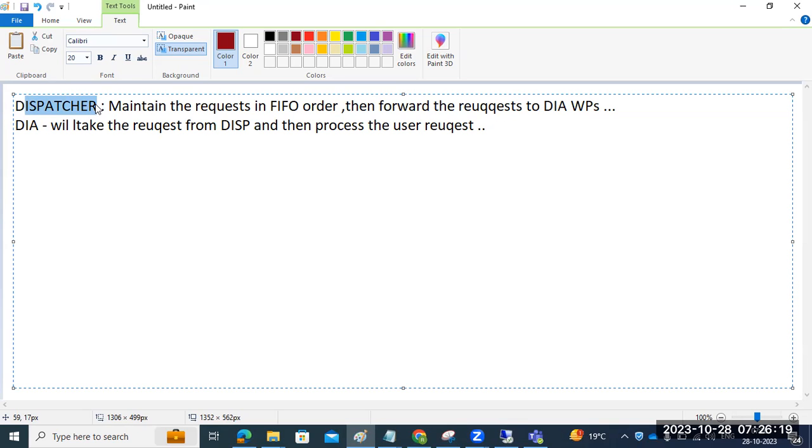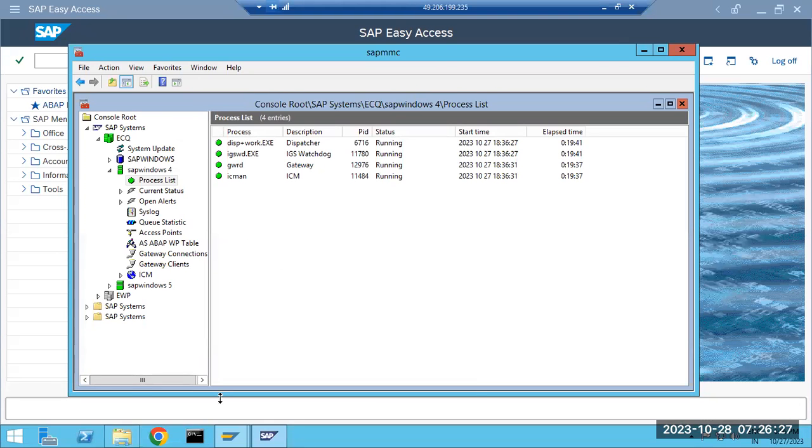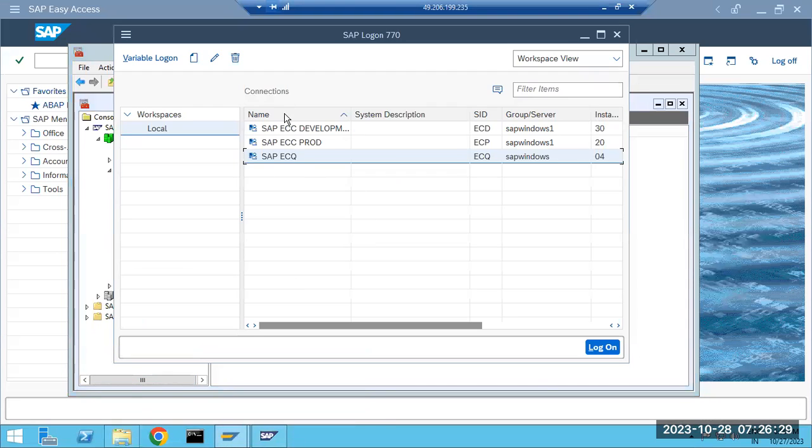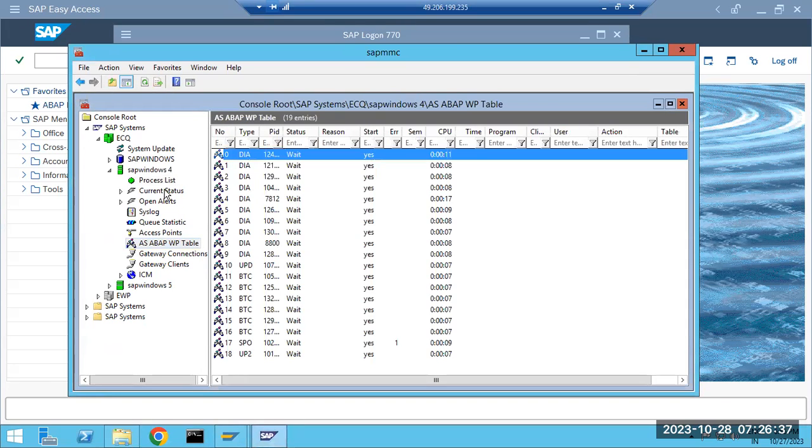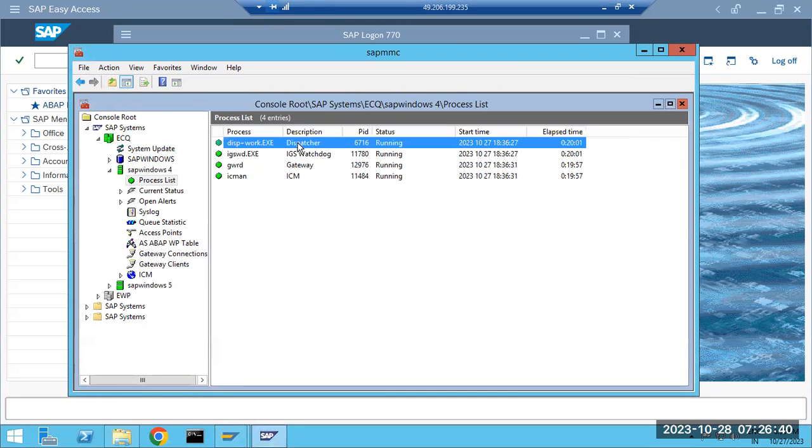Dispatching means forwarding, handing over. It takes the requests coming from SAP Logon Pad and immediately hands them over to a dialog work process. So that is the use of the dispatcher, which maintains the order.